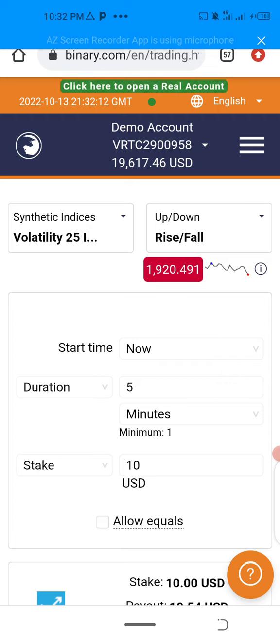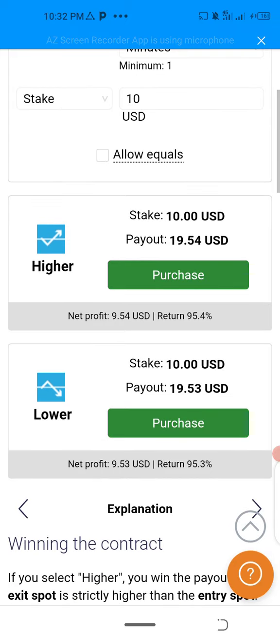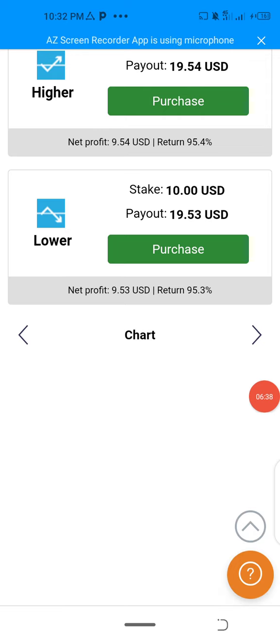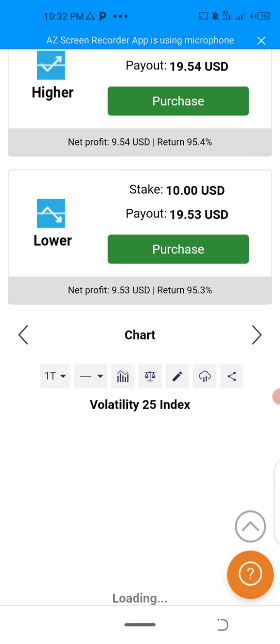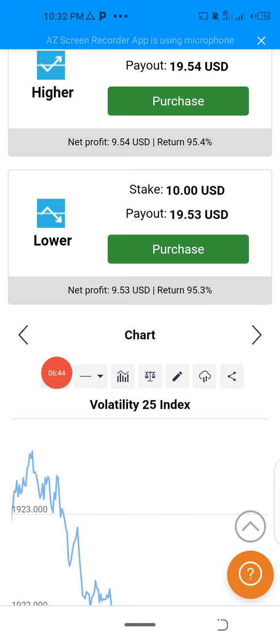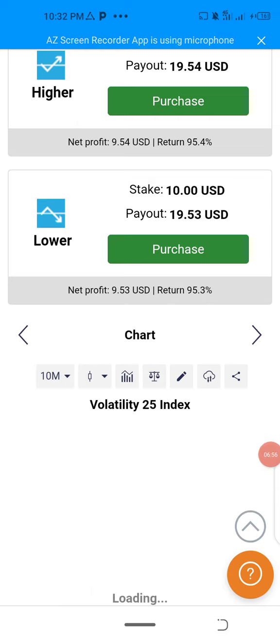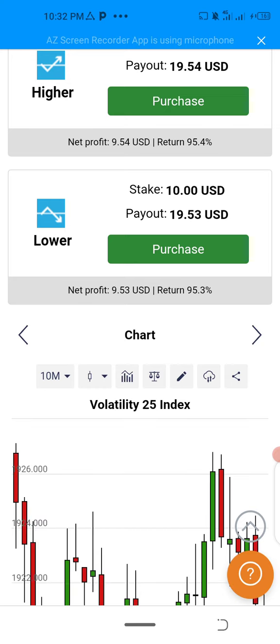So let me go down to the video. What I'm going to do next is scroll down and click on this place, and I'll change it to chart. After changing this to chart, I'm going to click on this place that says 1T. So I'm going to click it and change it to what? I'm going to change it to 10 minutes, not 5 minutes. Now, if you're trading on the 5 minute market, your chart should be 10 minutes to know what is happening. You are already seeing the future of what you are trading.